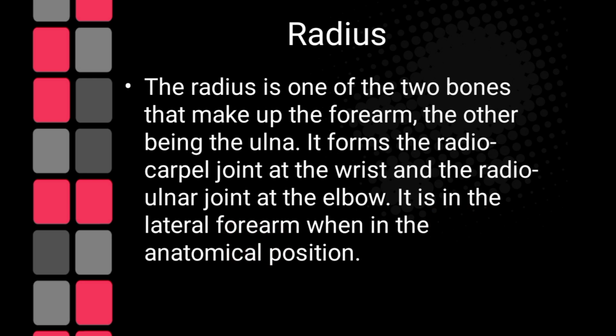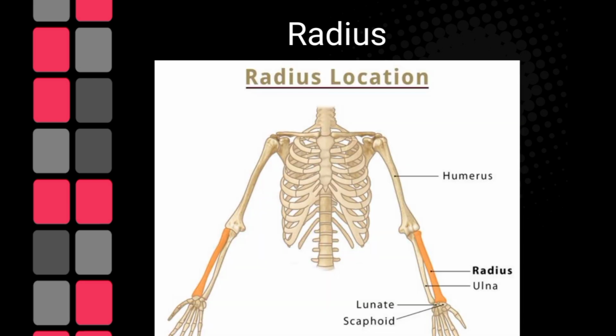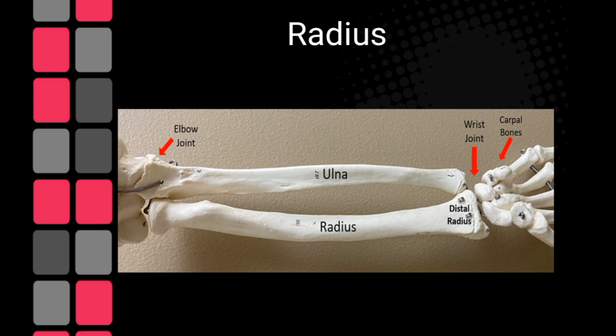It is in the lateral forearm when in anatomical position. This is the anatomical position and it is present on the lateral side. Here you can see this is radius. This is the proximal end of the radius and this is the distal end. At the proximal end, it forms the radio-ulnar joint with ulna, and at the distal end it forms the wrist joint with the carpal bones. Here you can see this is the wrist joint, this is the elbow joint,